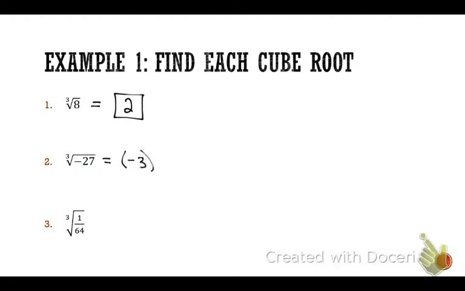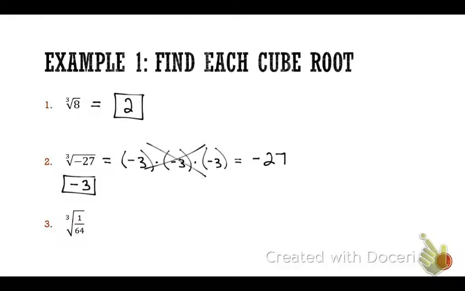Negative 3 times negative 3 times negative 3, okay? We know that our even-odd rule says when we multiply 3 negatives, that's an odd number of negatives, which means it's a negative answer. So that's how we get the negative 27. So when I'm trying to find the cube root of negative 27, my answer is negative 3. Okay, now this work will not be required on a quiz or a test